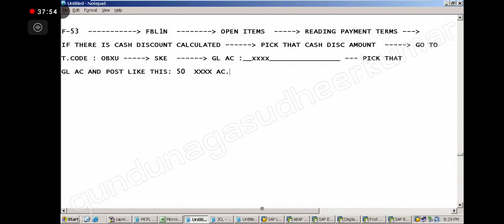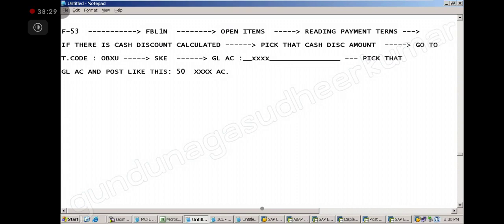Yes, sir. So this program is already written in the code. Imagine there is a program at the back which is running for the payment. If you are making the payment in F-53 and going to FBL1N, picking up the open items and reading them for payment, and as per the payment term there is any cash discount, then you pick that cash discount amount and go to this particular T code.